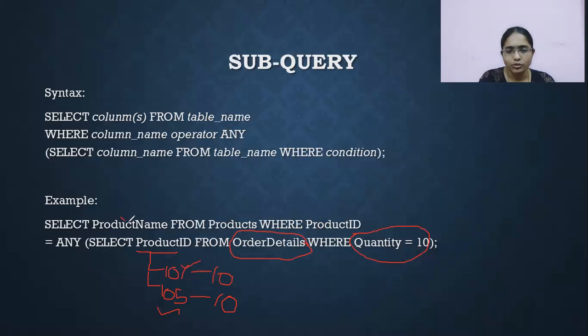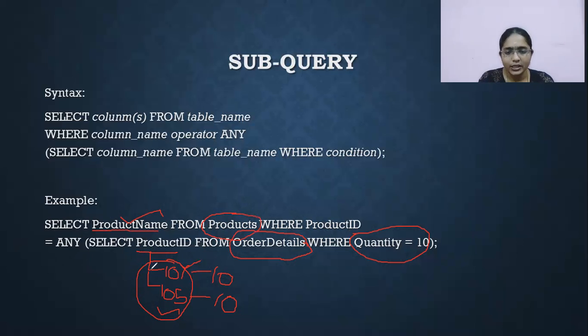So what are we going to fetch? We are going to display the product name. Which product name are you going to display? Where the product ID is assigned any. From this particular inner query, we will be getting the product IDs whose quantity sold is 10. Among these product IDs, if this particular product table has the ID which is matching, those elements